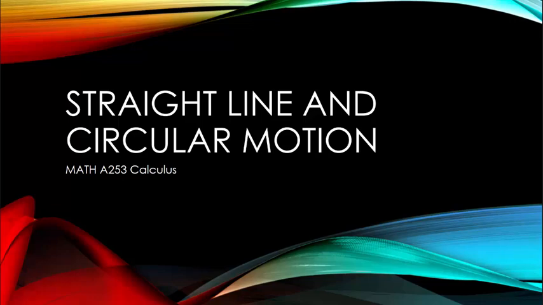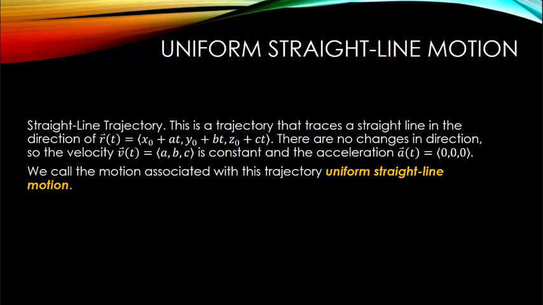When we work with motion in space, there are two particular kinds of uniform motion that we work with quite frequently. One is uniform straight line motion, and the other is uniform circular motion. When I have a straight line trajectory where the path traces a straight line in the direction of the vector